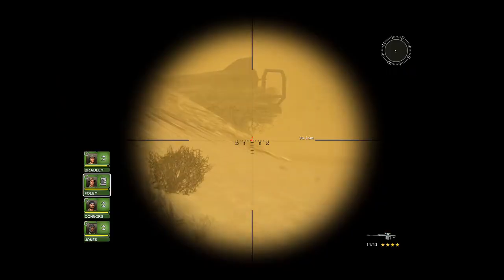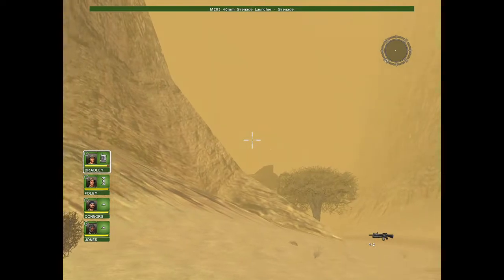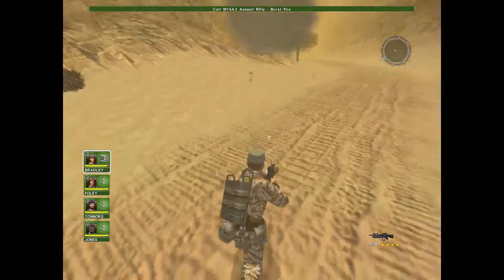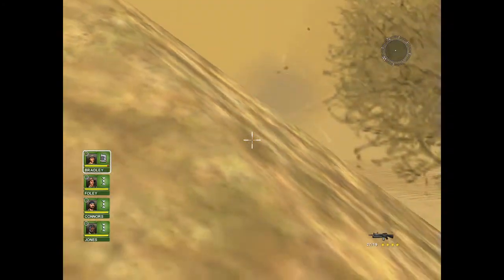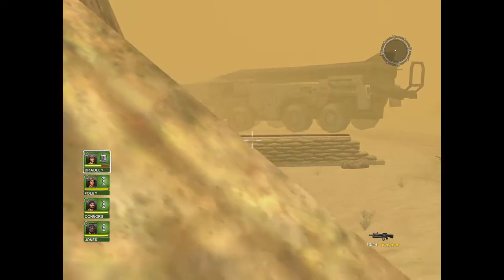And you can see there's a SCUD launcher just about to get away there. How about we say no and take him out with our grenade? Or completely miss. Both is fine. It's okay. We'll just make it to this corner. And be careful, there are lots of enemies here. But there's also